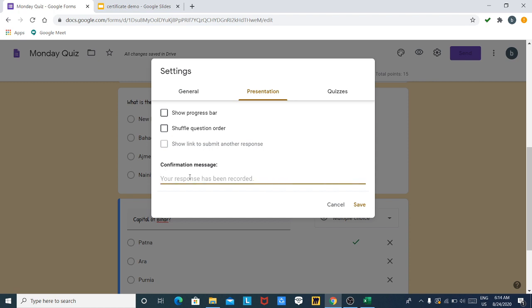You can enter confirmation message on your own. You will receive your certificate shortly. Now click on save.